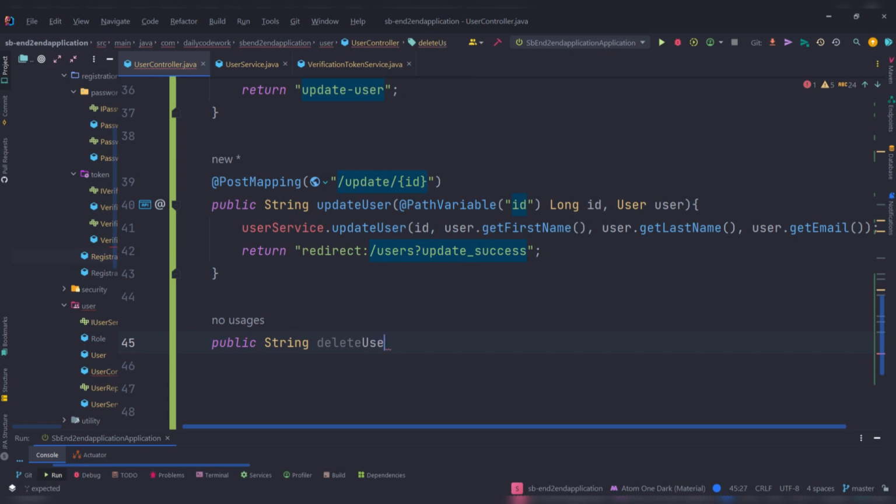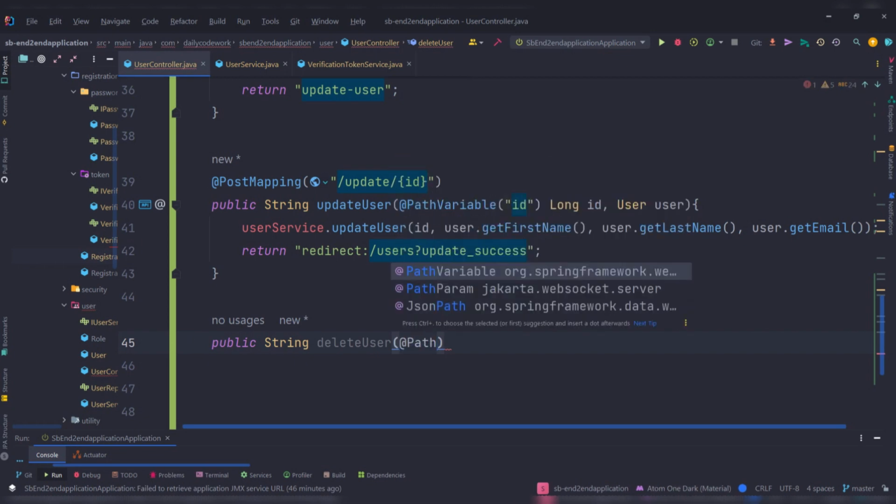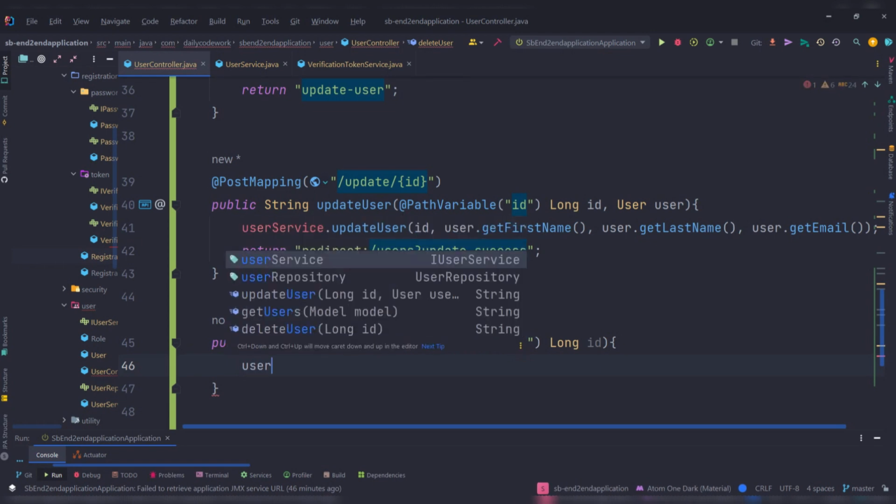Here, and we're going to get the path variable of the user here, @PathVariable, which is the ID of the user. So here the ID is of type long, and straightforward we're going to call the user service to just delete